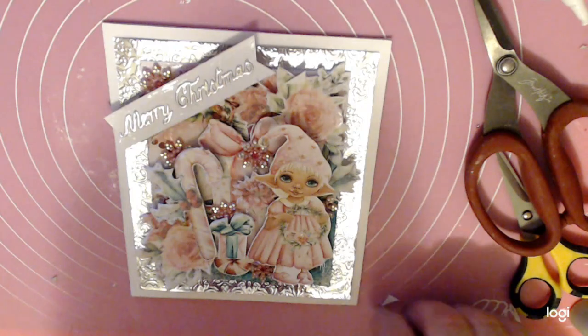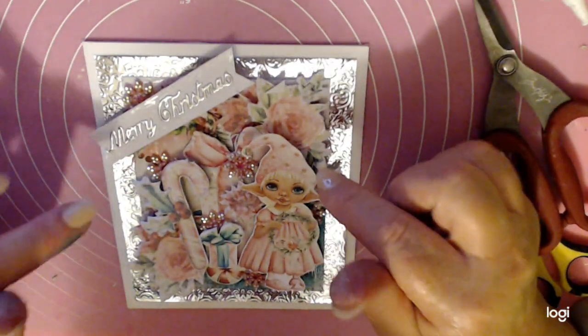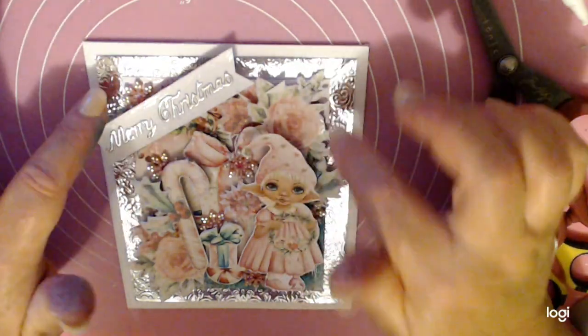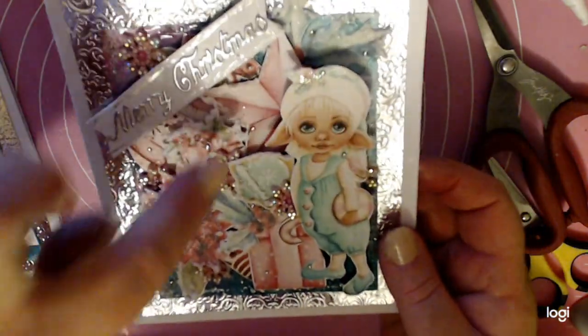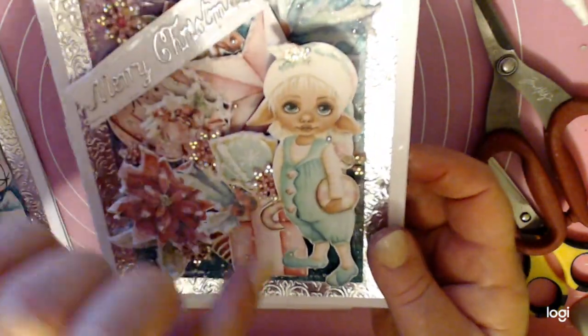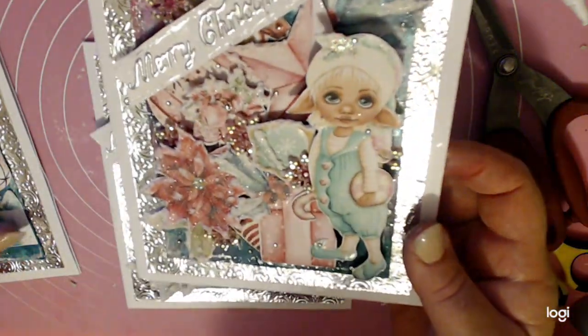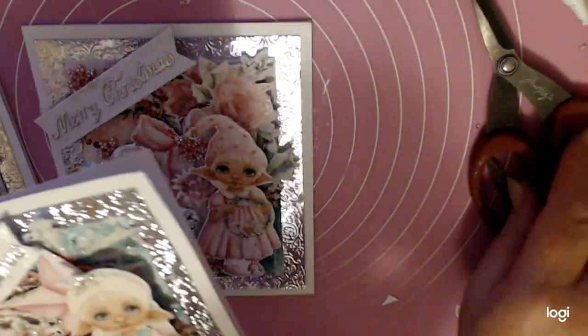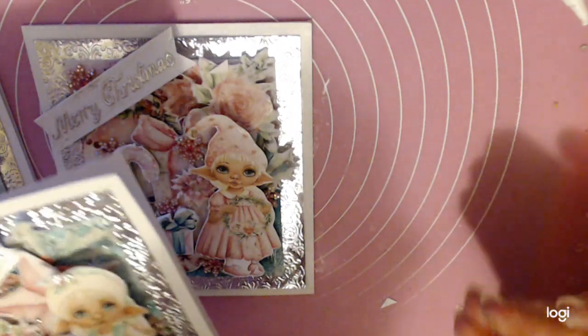And to top it all off, you can actually put some little gemstones or little tiny diamante scattered around like I've done in these cards, with little diamantes in there. Another diamante down here, another one down here, and you can scatter them around, and both cards have the same thing. So there you have it, the 3 Christmas cards